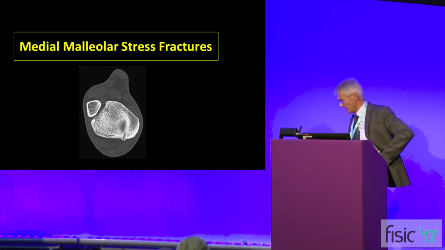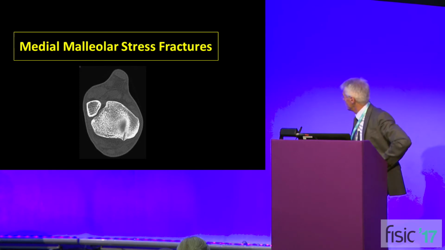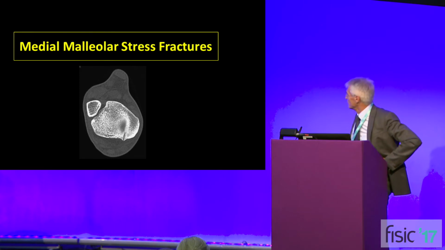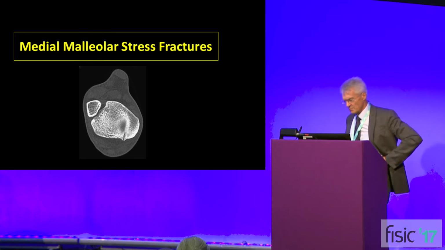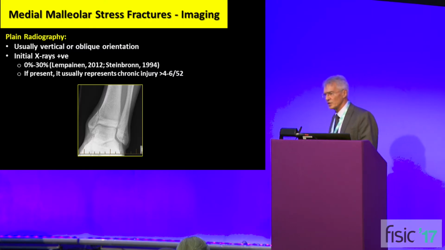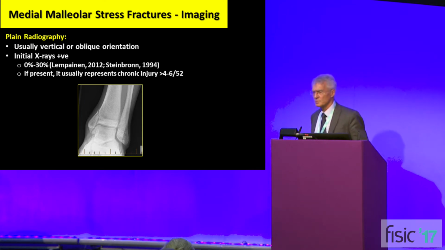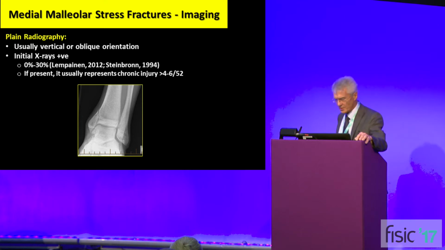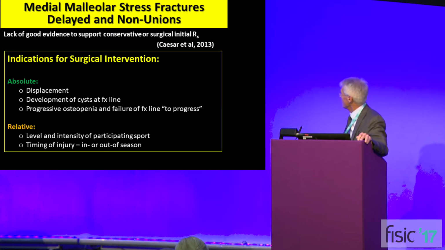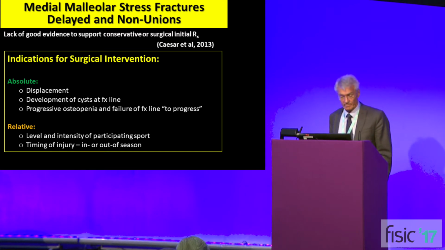And finally, medial malleolar stress fractures. Once again, we've heard about this. I just want you to note this little bump of bone here. I know James always remarks about this. This is actually kind of going into the ankle, and you sometimes see it with these. If you have an athlete who's got medial malleolar pain, don't be surprised if their first x-rays are normal. This paper said only up to 30% show it on the first x-ray. There is a lack of good evidence to support conservative or surgical treatment.